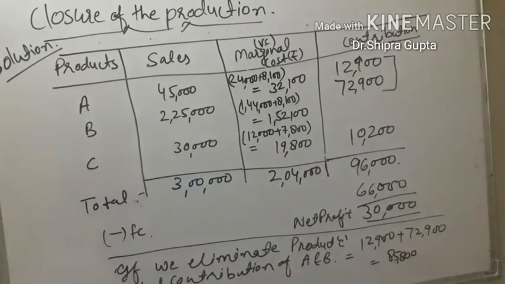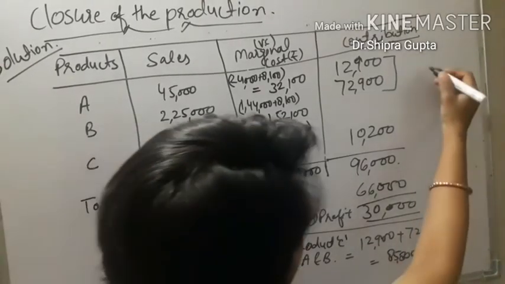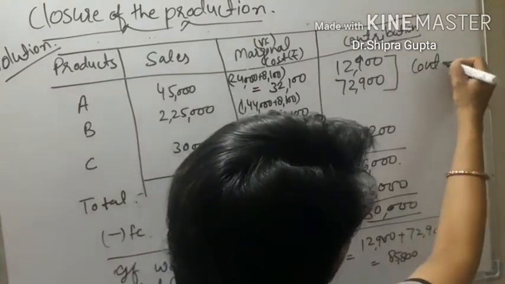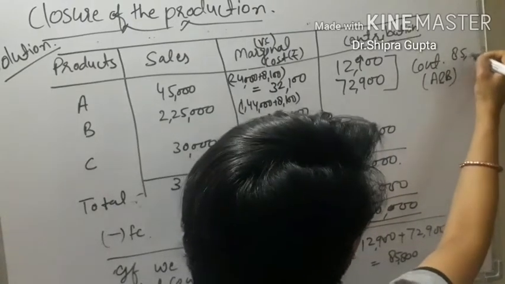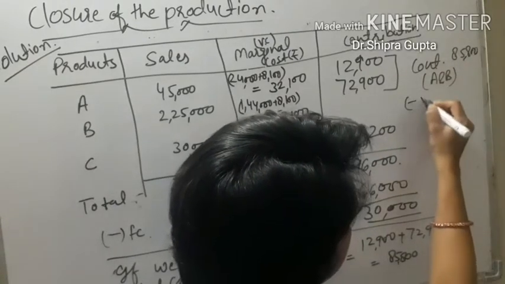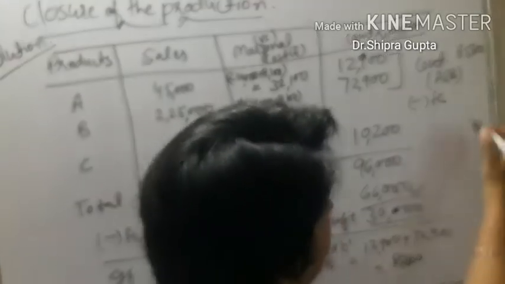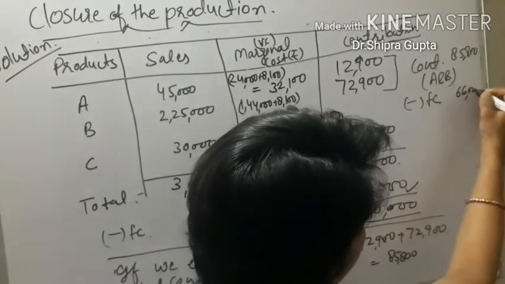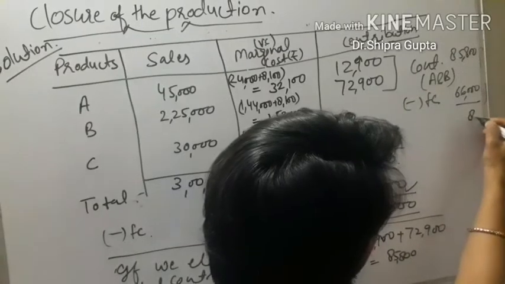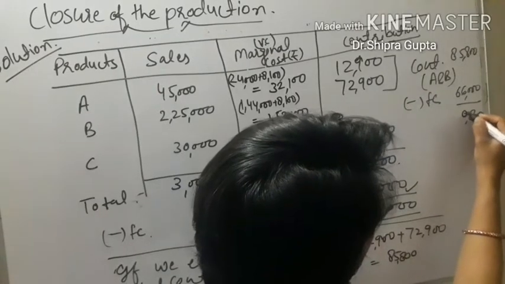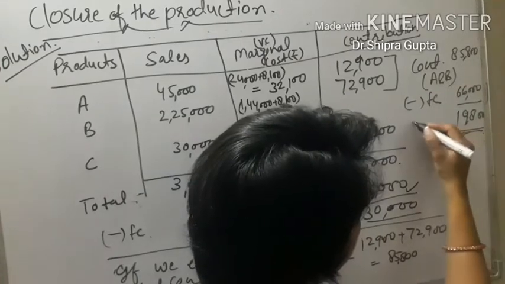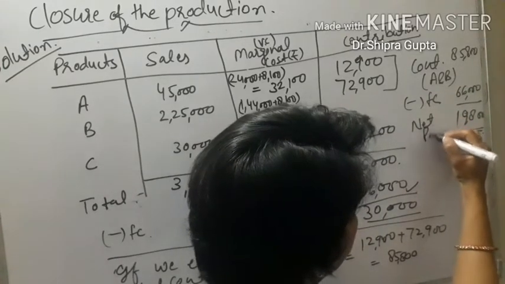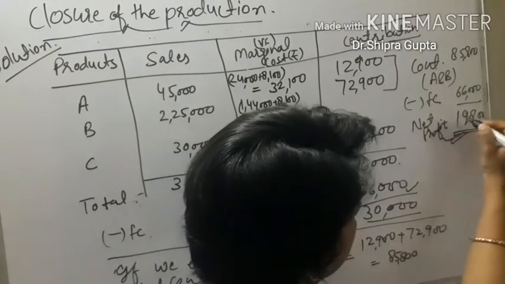85,800. Now the total will come 85,800. Now the contribution of A and B is 85,800, then less fixed cost, which will remain the same, 66,000, and it gives 19,800. Now net profit will come